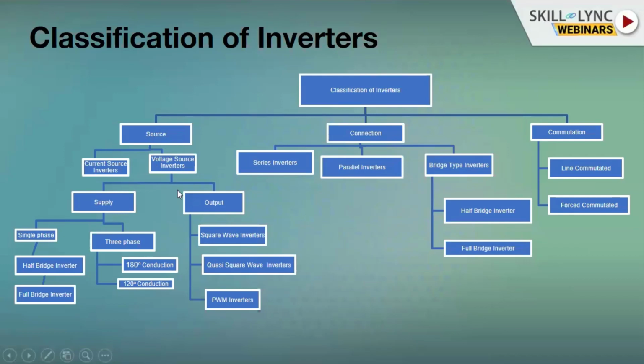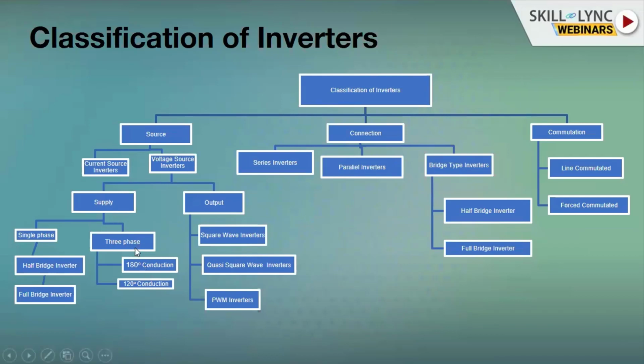Furthermore, voltage source inverters are again classified with respect to the supply as single phase inverters and three phase inverters. You all know that AC supply is of two different types. One is single phase and the other is three phase. So depending on the supply, voltage source inverters are classified as single phase inverters and three phase inverters. Furthermore, depending on the operation and the type of configuration of the devices, single phase inverters are classified as half bridge inverter and full bridge inverter, while three phase inverters are classified with respect to